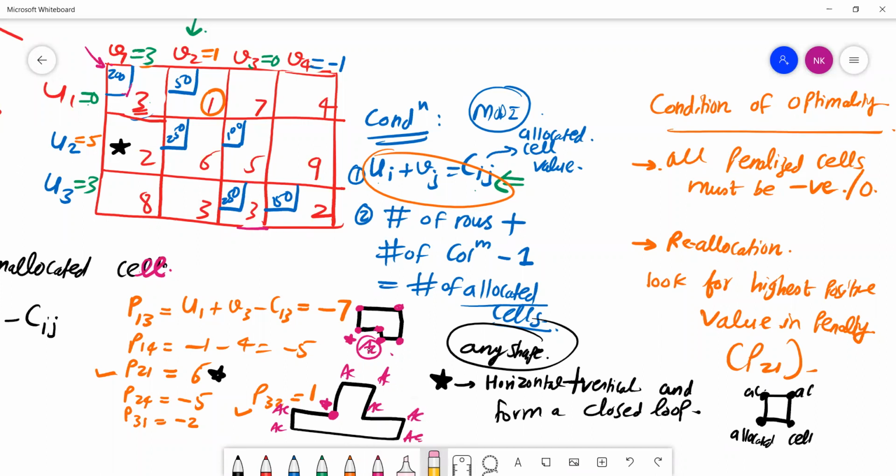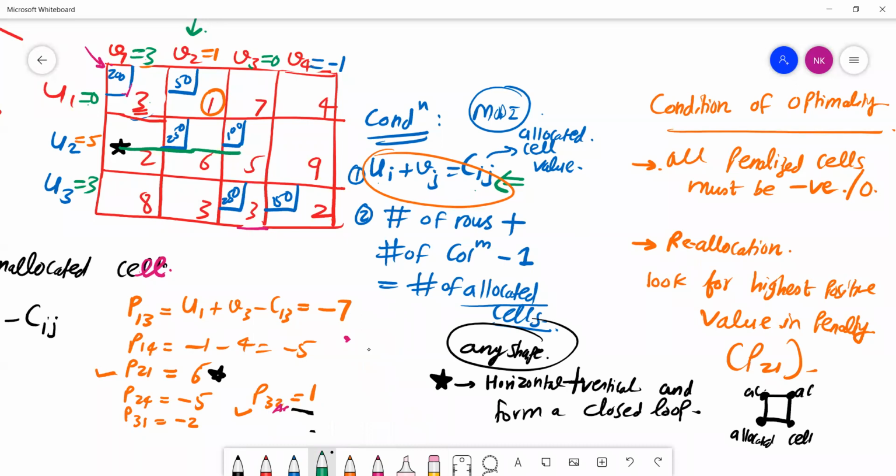So if I start drawing this particular shape, then how will my shape be? Suppose I have just started to draw. Over here, I am starting, I have reached the allocated cell, but I decided that, okay, let it be. I am having another allocated cell also. So over here, I have reached. Now I am having two options from this particular point, top or the bottom. I decided that if I move to the top, I won't be getting any allocated cell. So I have decided to move to the bottom.